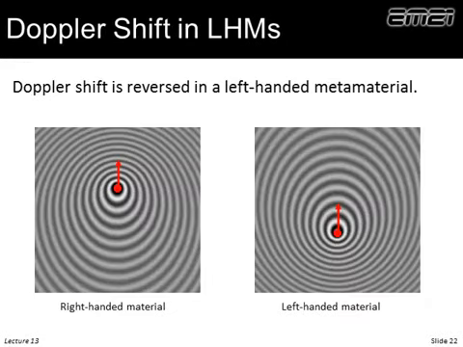So what are some weird things that happen inside left-handed metamaterials? Well, one thing is Doppler shift is reversed. I keep meaning to make a sound file, but if there's a train coming at you, as it's coming at you, the sound has a higher pitch because it's compressing that acoustic wavefront, and it kind of sounds like ding, ding, ding, ding, and then it goes deep as it's passing you. That's a typical Doppler shift. Well, if air were made out of something left-handed, that shift would be reversed, and that would sound very weird, and someday I'll make a wave file to show that.